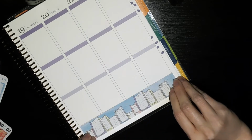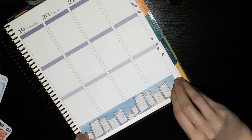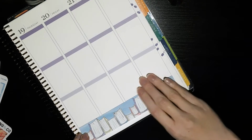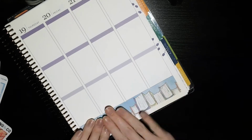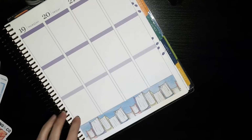So I've had this kit kind of laying around for a while. I think I've only actually ordered from Creating & Co. once, and I ordered like 3 or 4 kits, not even gonna lie. I ordered a lot. But so I had quite a few hanging out. And I think this is the last one that I haven't used. So